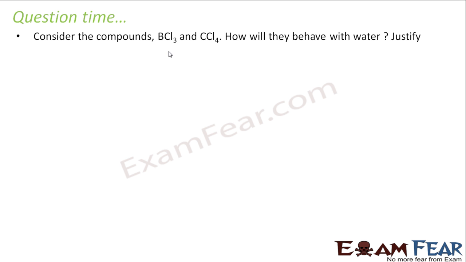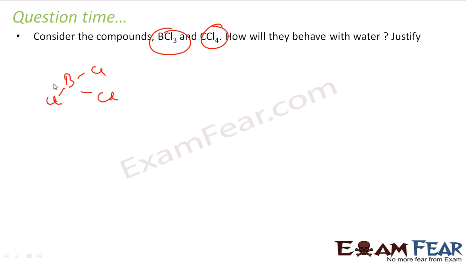So the question is, how will BCl3 and CCl4 react with water? If you see the BCl3 structure, this is boron trichloride. It is electron deficient. It has 6 electrons, 1, 2, 3, 4, 5, 6. It needs 2 electrons. Water has a lone pair of electrons, so it will react, and it will form